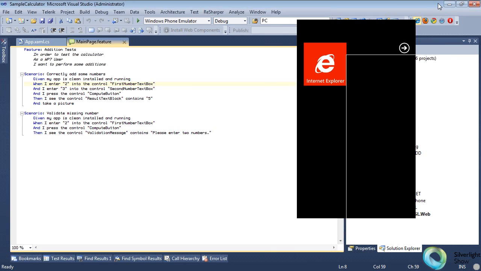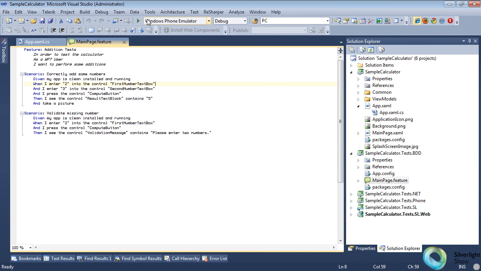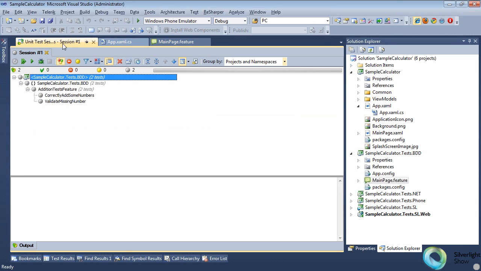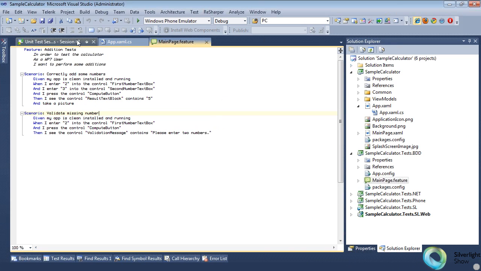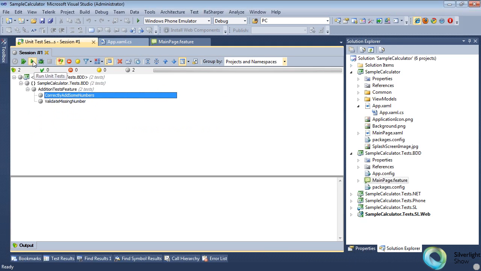I will actually go ahead and close the emulator to make sure I don't have any side effects from previous tests. The way this is executed is you can use any existing test runner to execute these tests. For example, I'm using the ReSharper test runner here. It recognizes the 2 tests I have defined in this feature file. And when I, for example, execute one,